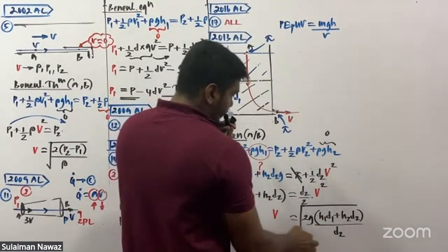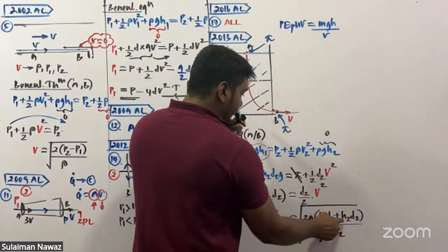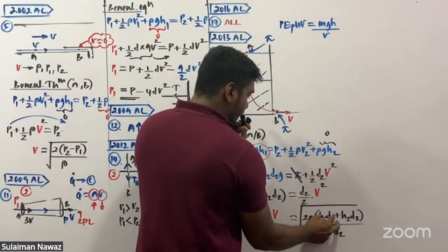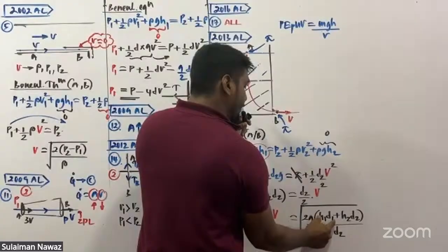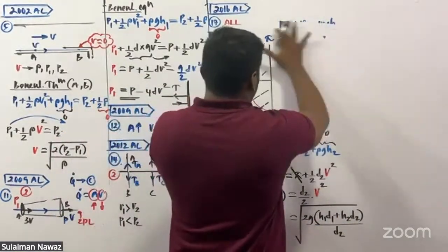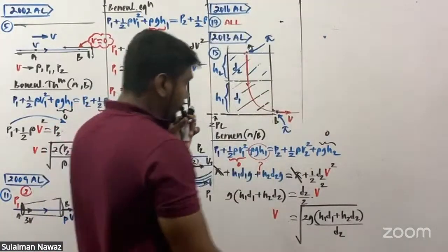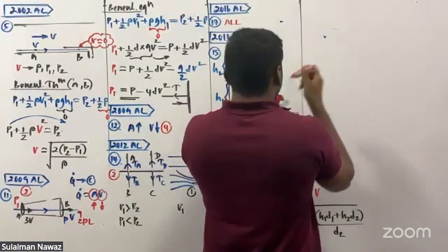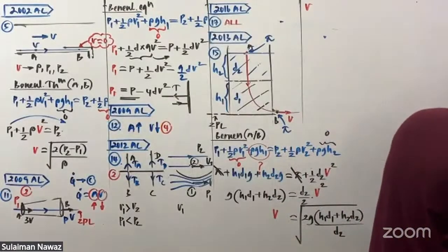This D2 is common for the H1 D1 term as well as the H2 D2 term, so you can divide D2 separately for each term. In that case, we can write down finally V equals